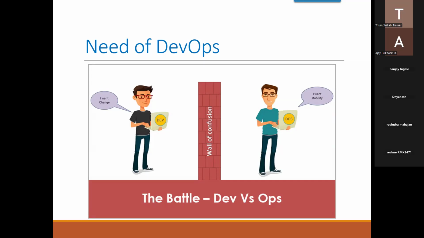Then there was again a problem. Developers were writing code and it was running successfully on their developer machine. But when that code was run on a production server, it was not working. There may be multiple reasons. The first is a configuration issue. Then dependencies are there. The developer was saying this is fine, I have done my work perfectly fine, but the support team was saying this is not working, so you need to fix it. So then it was again a collapse between developers and the operations team.